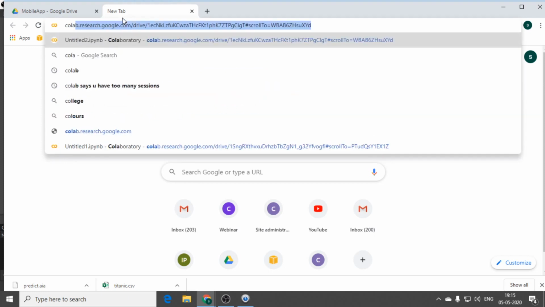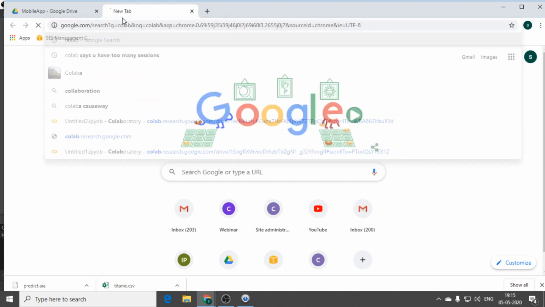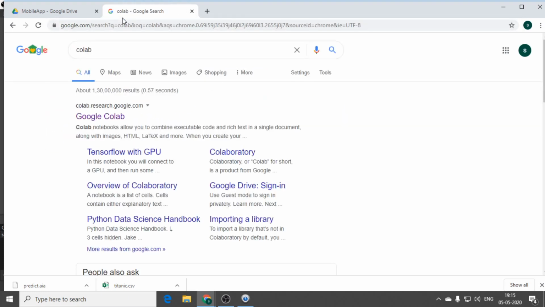Then directly open your Google Collaboratory, Colab, type Colab in Google. Yes, I'm repeating the URL again in the chat box. That is tinyurl.com/ipynb, that is IPython notebook file to APK, which is nothing but an Android application file, right?